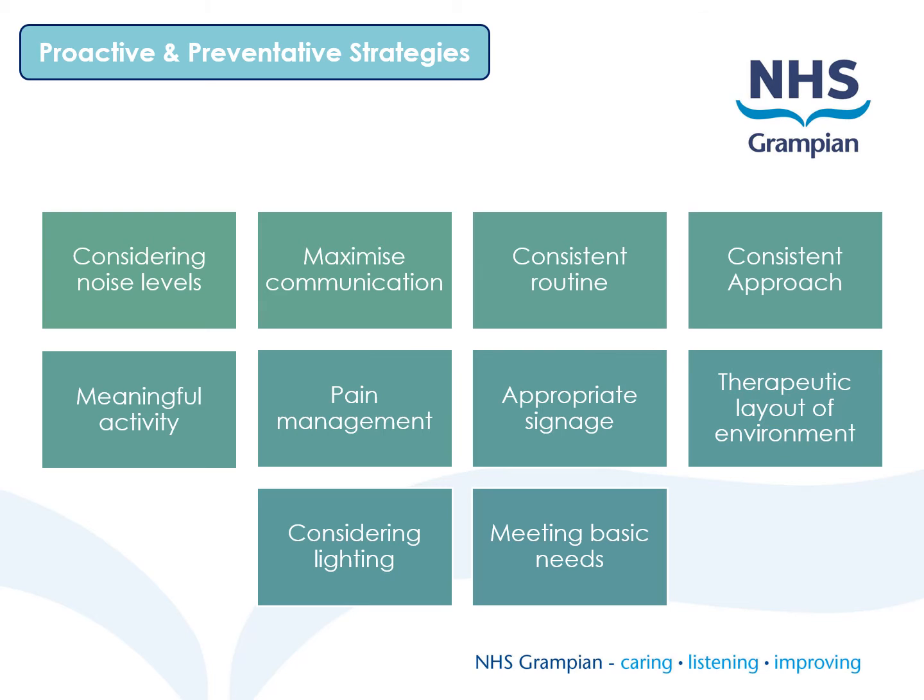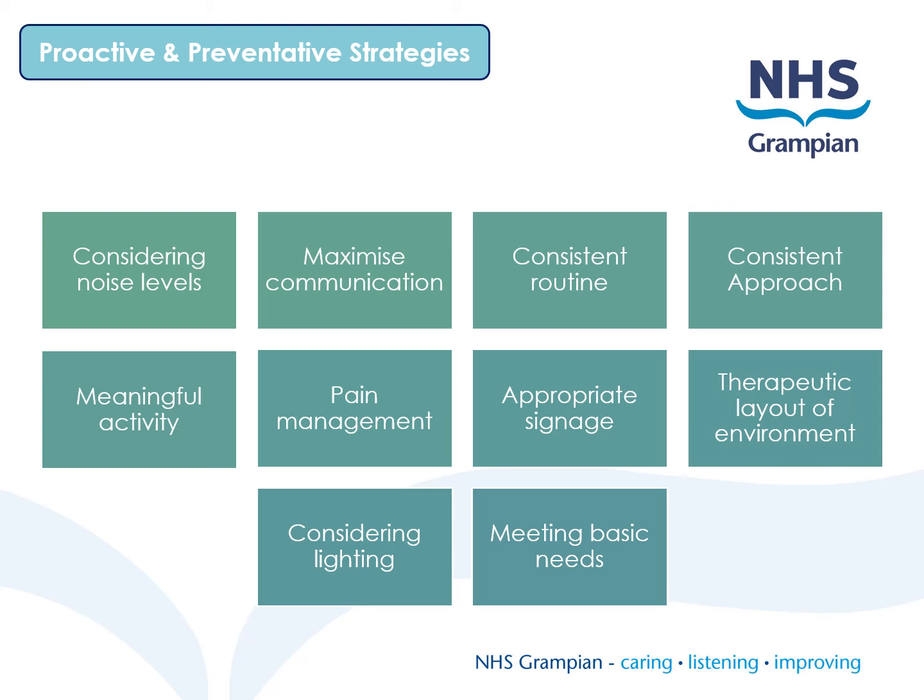Is signage in the environment in the person's home appropriate? Are they able to recognise their own room, their own space, the lounge and the dining area? Are names and words placed on signs, or are images also being utilised where possible? It can also be helpful to consider the layout of our environment. Is the place easy to navigate, or is the person likely to get lost? Again, can we use signs to support them?